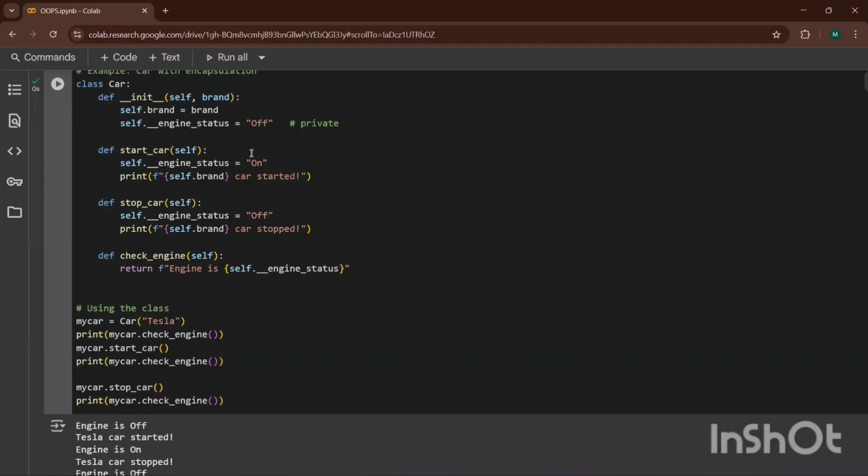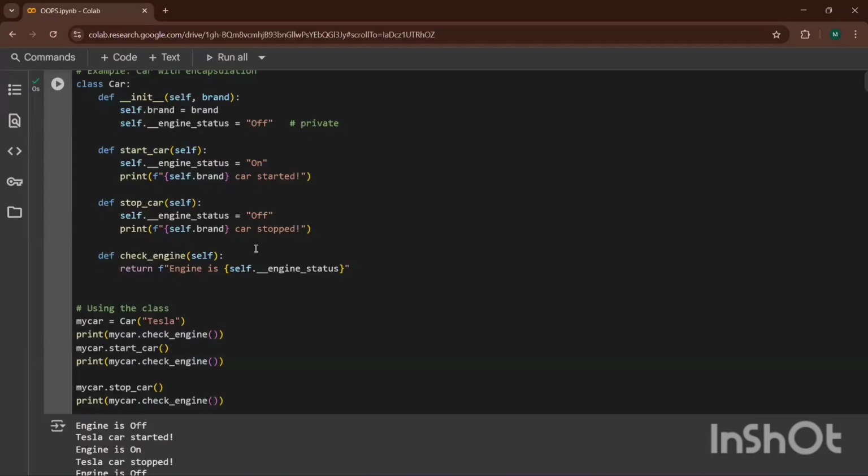So when this program runs, it will start with off, right? Yes. It is going to be off only. After that, if you call start car, then only it is going to get on. Okay, fine.